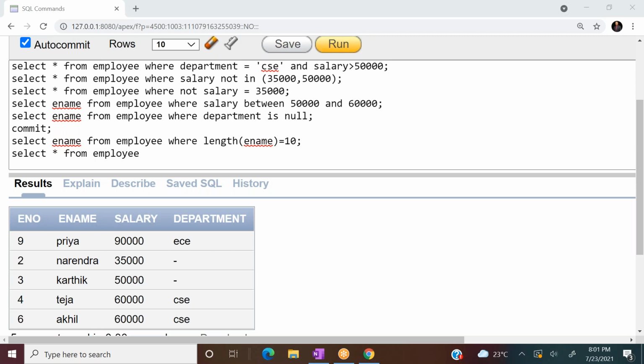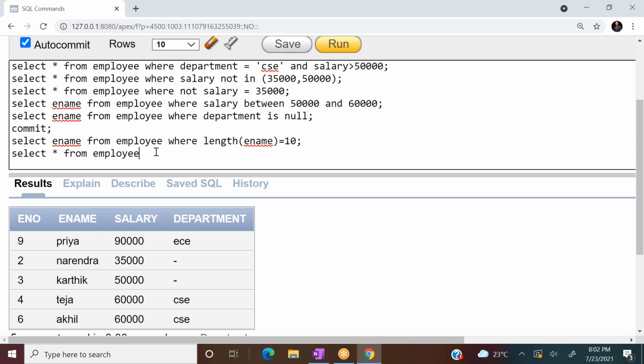Okay. Finding even numbers. This is where students generally make mistakes. Even CSE students also think that E number modulus 2 equal to 0. But it is incorrect. Why? Because this is a very basic question, but generally they might not practice. They will give the solution as E number modulus 2. But do remember, in SQL we don't have a modulus operator. If you know that point, you know SQL.